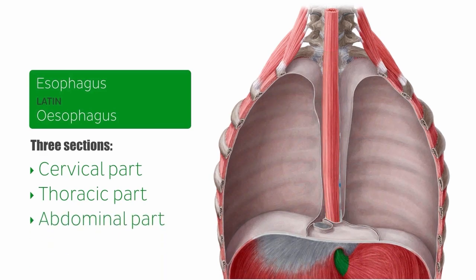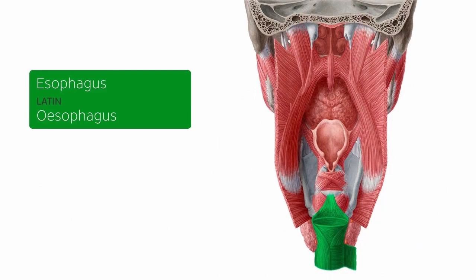And the third part of the esophagus, which is the abdominal part. It is the shortest section of the esophagus, and it extends from the diaphragm to the cardiac orifice of the stomach. The musculature of the esophagus is comprised of both longitudinal and circularly running muscle fibers,